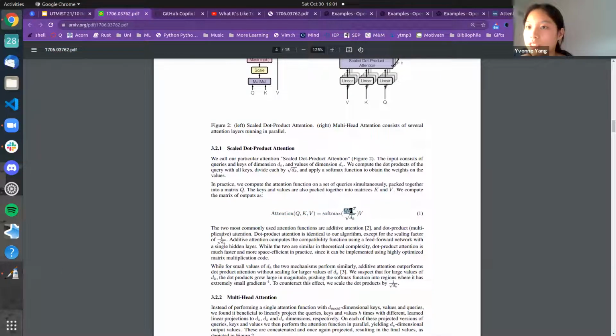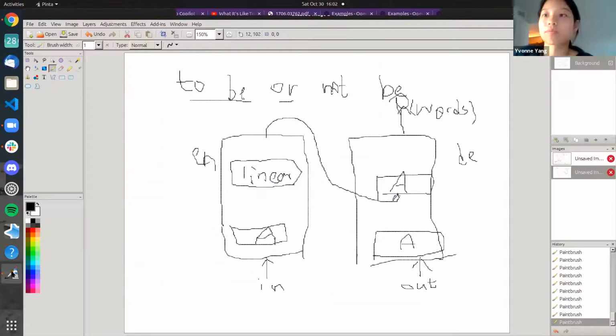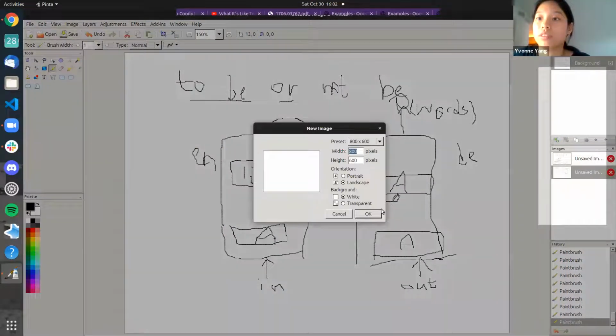So you have Q, K, and V, and all of these are big matrices that come from the input. So they're parameters that you can tune in your network, and you do something to get them from the input, basically. Now, you want to take the dot products between Q and K, and then put it through a softmax. What does that really mean? Well, let's look at what it means to take the dot product between two